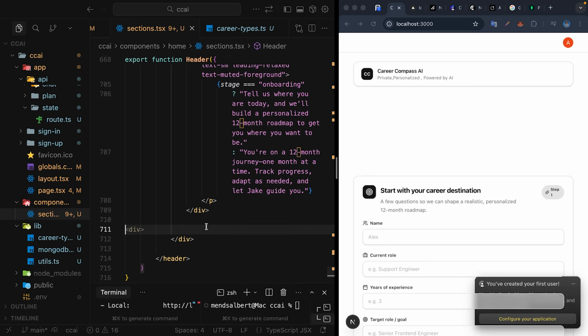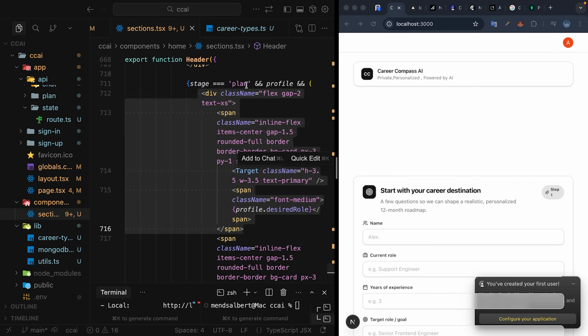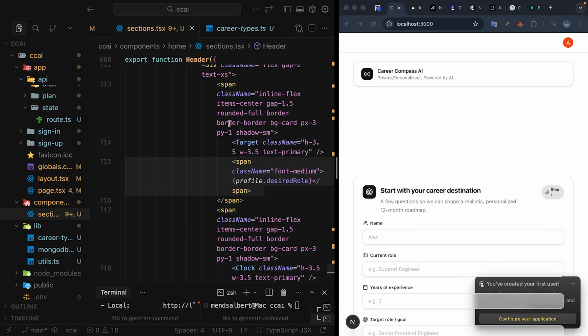Now, let's add the status chips that appear once the plan is ready. We will type stage equals plan and end profile. Inside this block, we create a flex container with a gap of 2. The first chip shows the target. We use the target icon and pull in